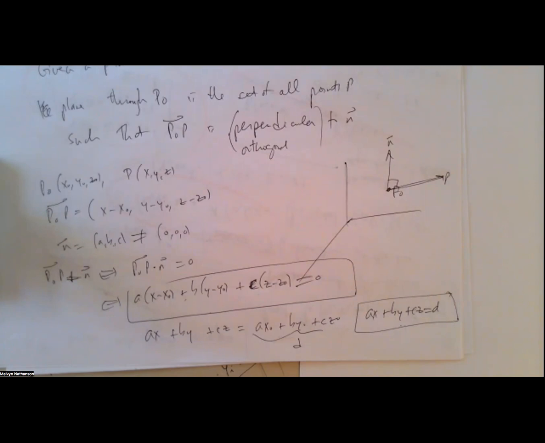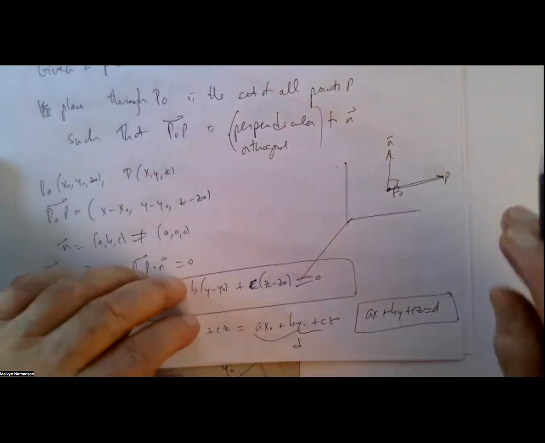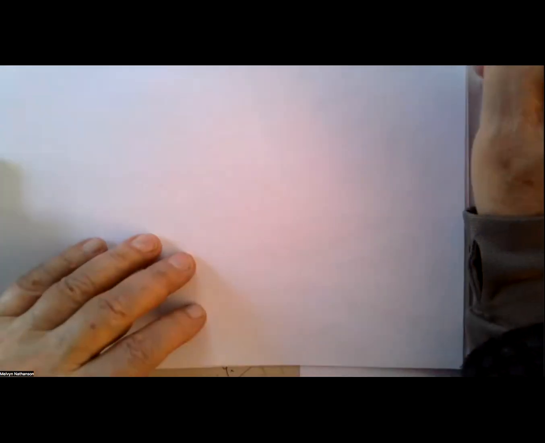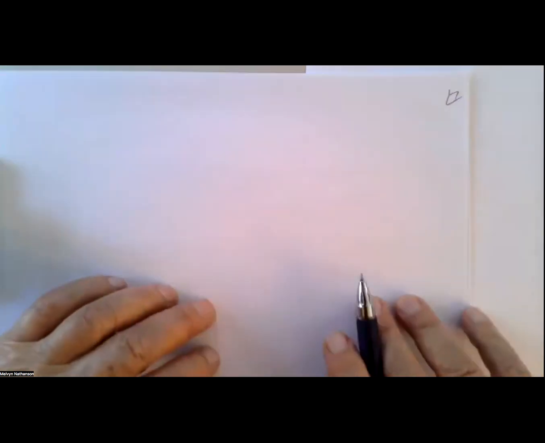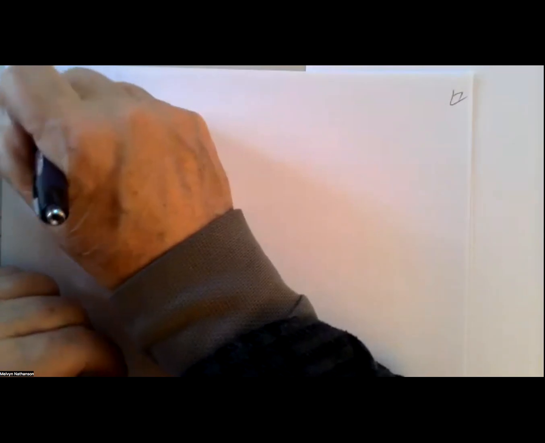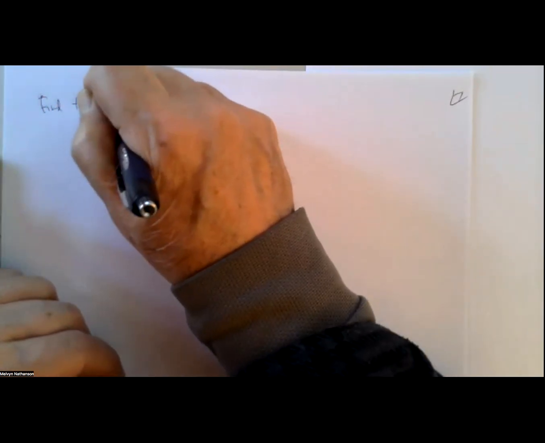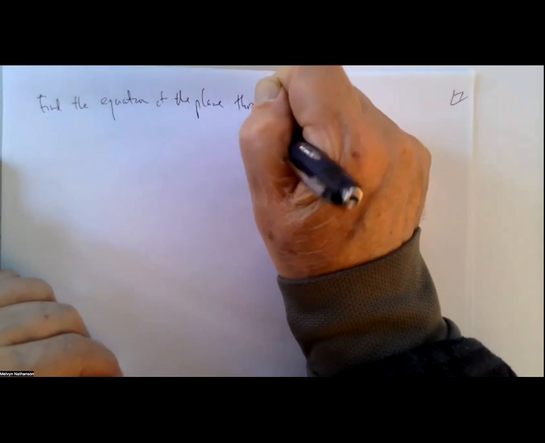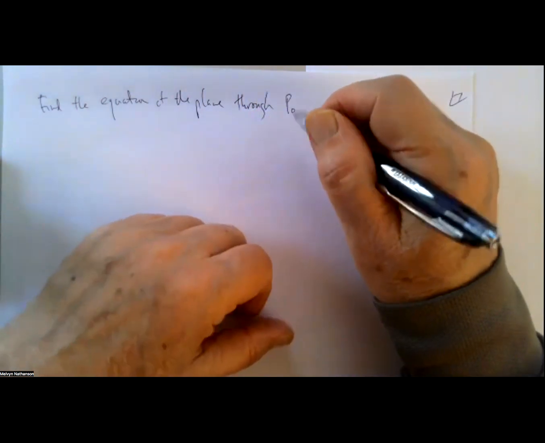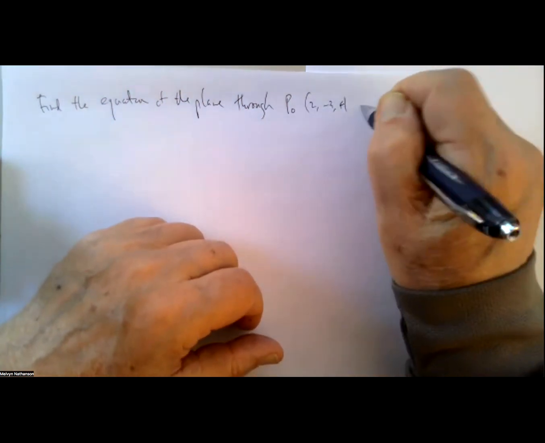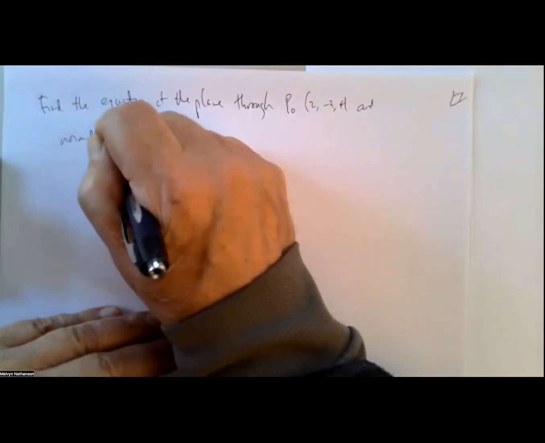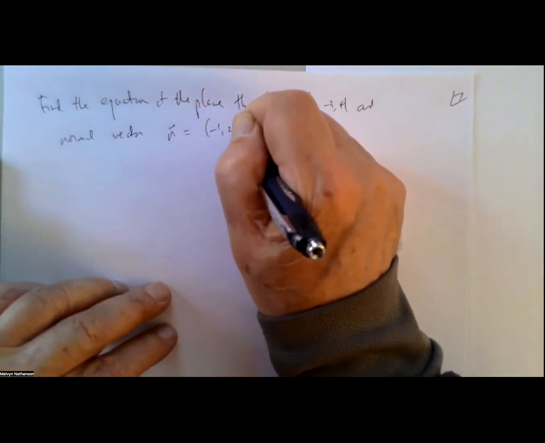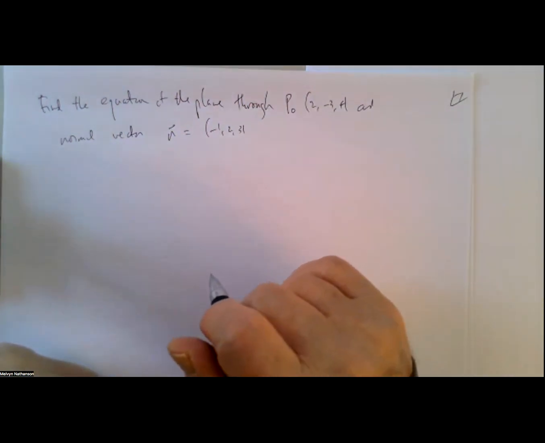So let's do a couple of calculations. Suppose we want to find the equation of the plane passing through the point P naught with coordinates 2, minus 3, 4, and normal vector n equal minus 1, 2, 3. So what is the equation? It is